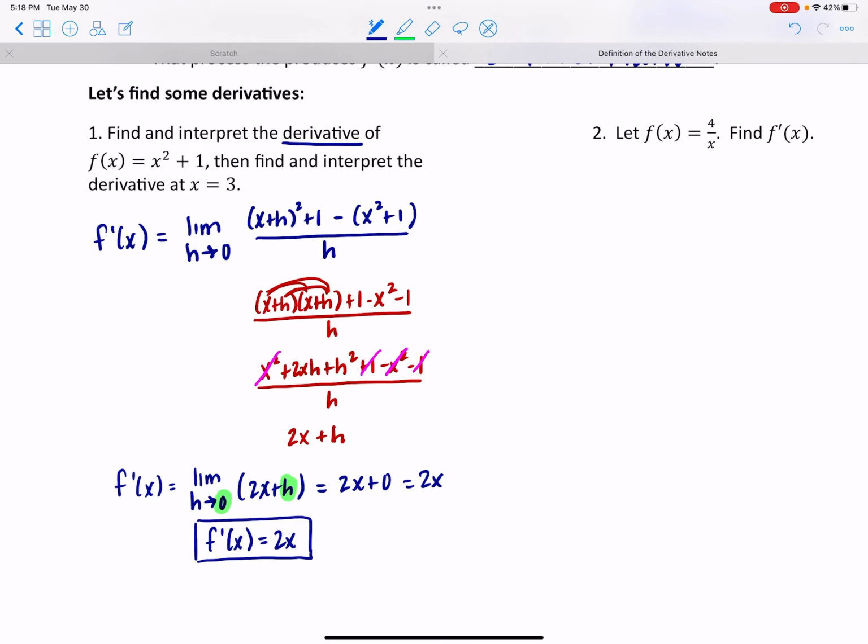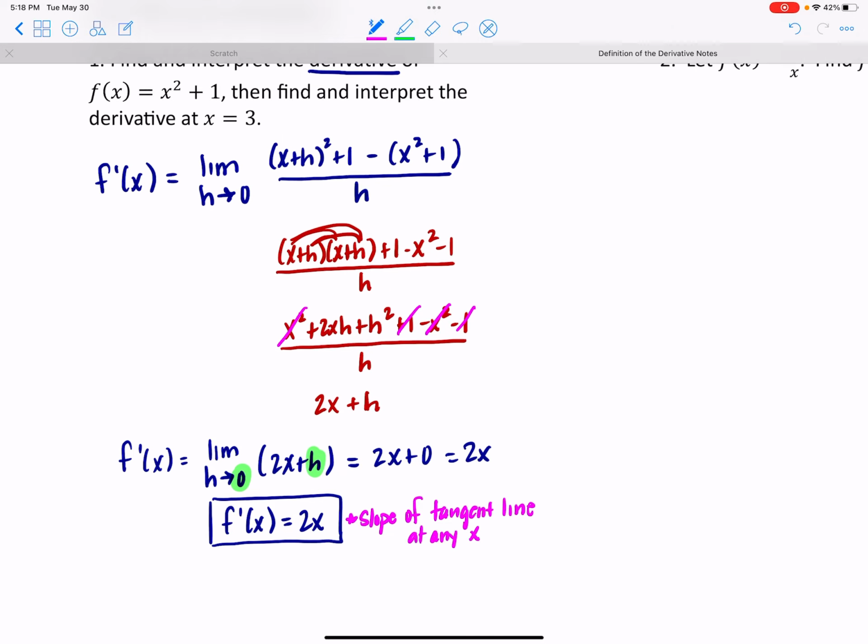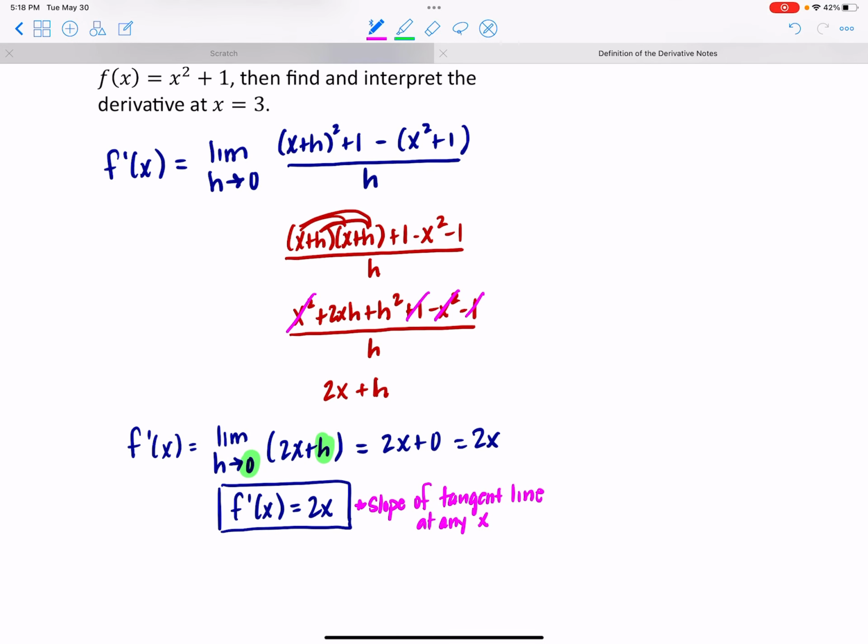So this is the slope of a tangent line at any x value. Okay, so we're going to interpret this. This is the slope of a tangent line at any x. So the next part of this question said to then find and interpret the derivative at x